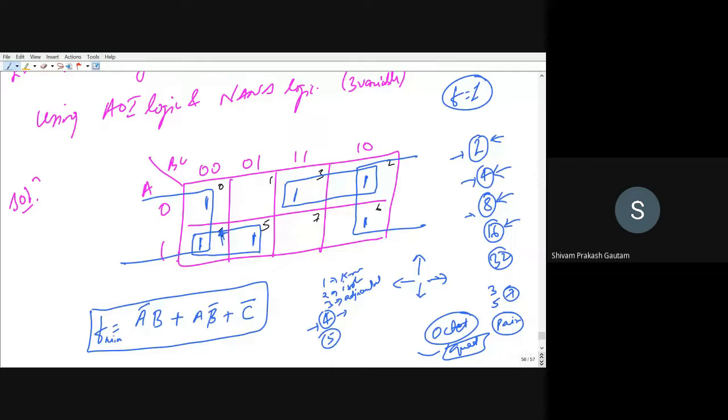So if you go row wise, tell me what is the value of A in both the rows. First it is 0, and here it is 1, right? So A is not common. If you see column, you see first column and last column. Why are we seeing first column and last column? Because we have paired the quad as it is, right? So that is why we are seeing the first column and last column. Now tell me which variable is common in first and last column. 0 is common, and what does 0 signify?